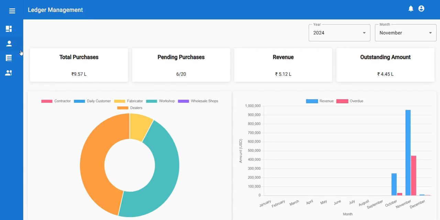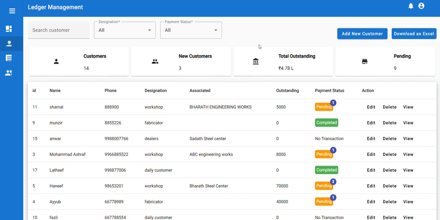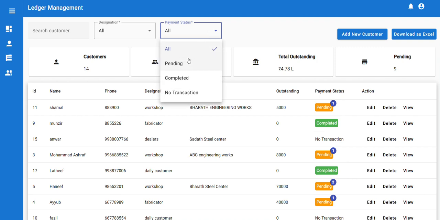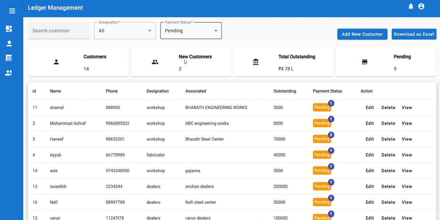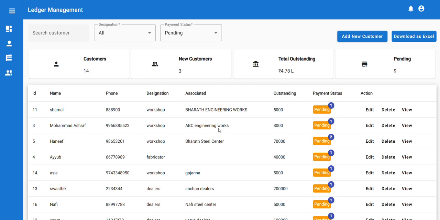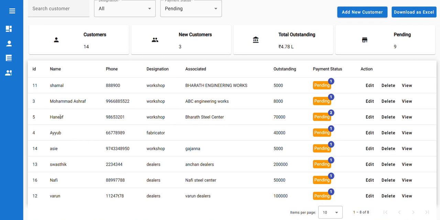Okay, so next comes the customers. Here you can see overall customer details. You can search for a customer by writing their name, or if you know the designation, you can filter based on that. Or if you want to filter based on the payment status, you can do that too. Say suppose I want to see the pending customers, whose payment is pending. You can see the table is filtered based on the pendings. There is a tag saying this customer has one pending status. Similarly, this customer has two